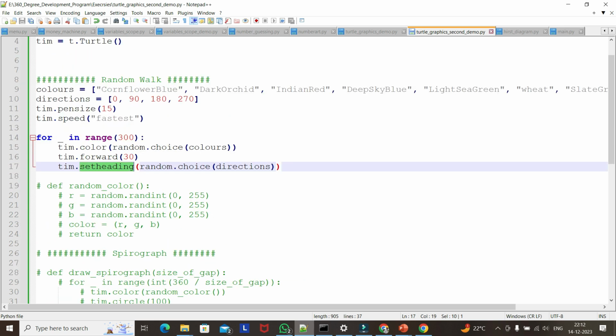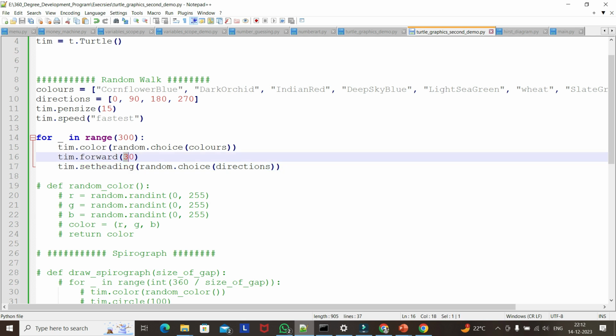Okay, so this is all about the random walk. You can change how many times the pen wants to repeat. You can change the length also. And this is the color palette we are defining. So for example, if we don't want this color palette,